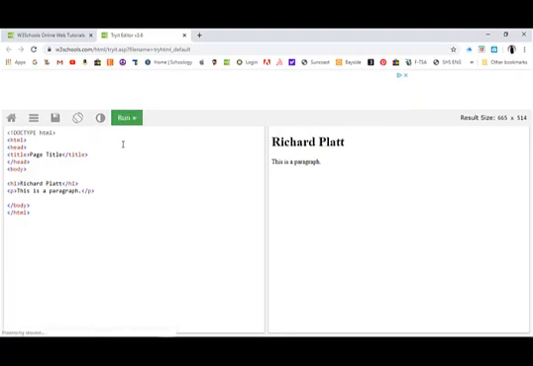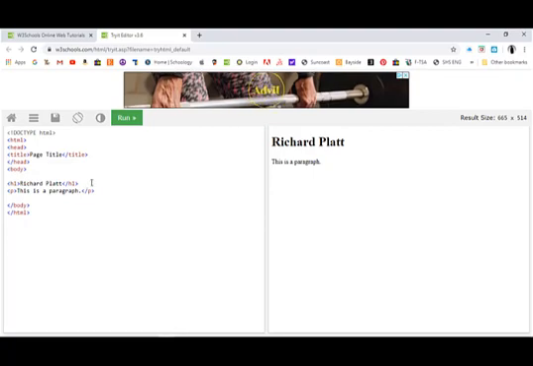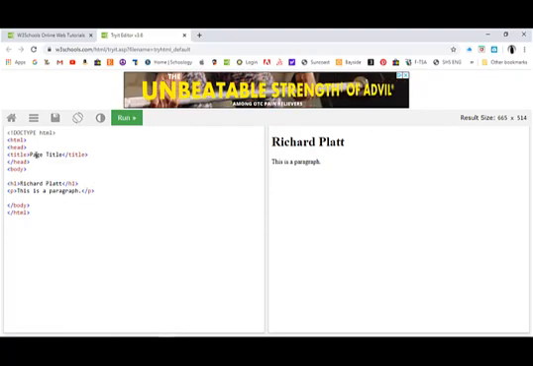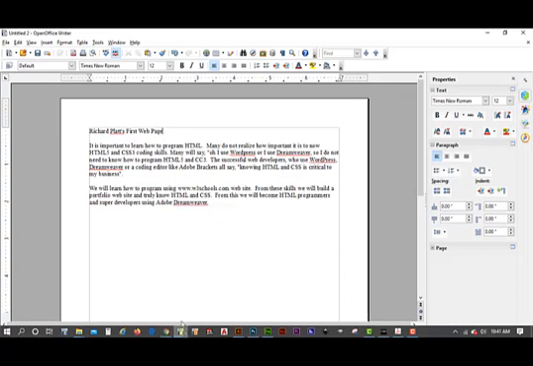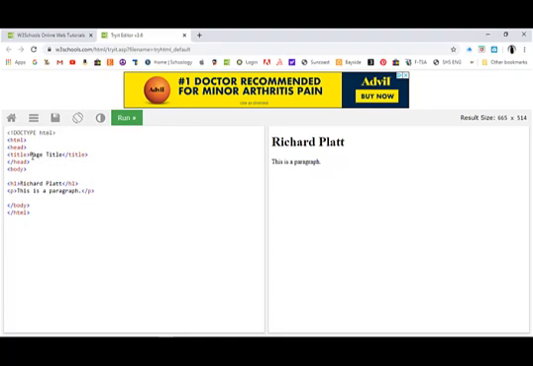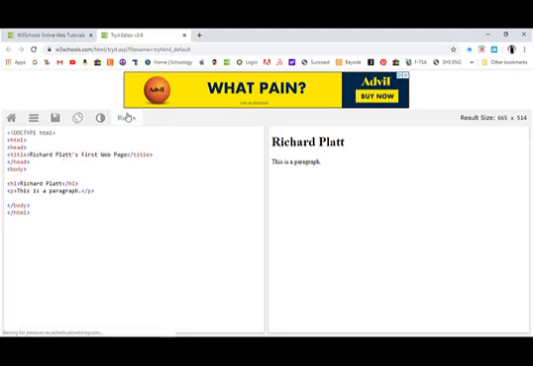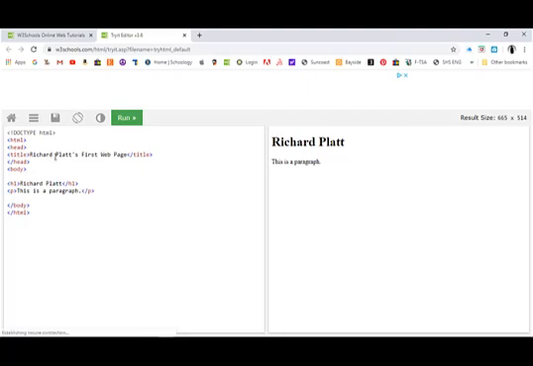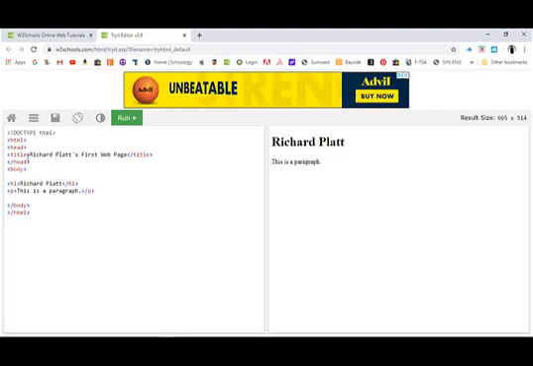Now, I've already got some code keyed in a word processor that I'm going to cut and paste and put in here. So I'm going to come down here to my word processor. I'm going to highlight this. I'm going to copy it, come back over here to this, and then in my page title, I'm going to put Control V to paste that in. Now I'll run that, and as you see, nothing changed, because again, this is what the search engine looks at,